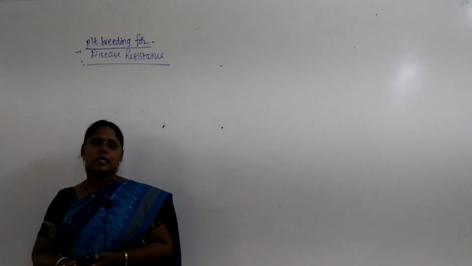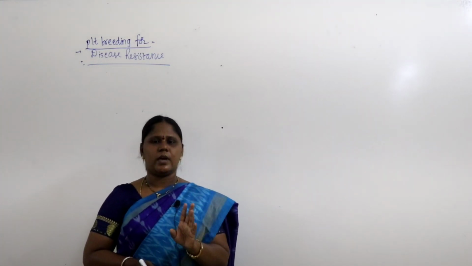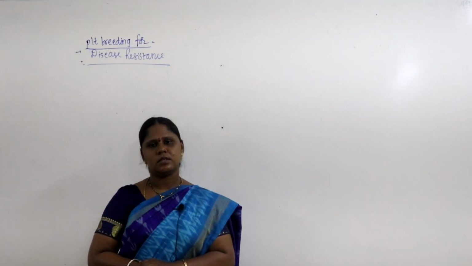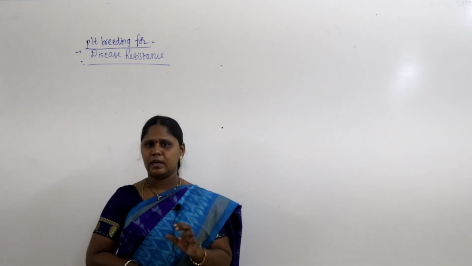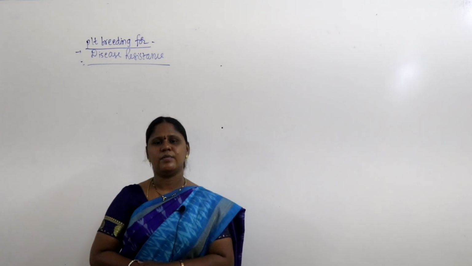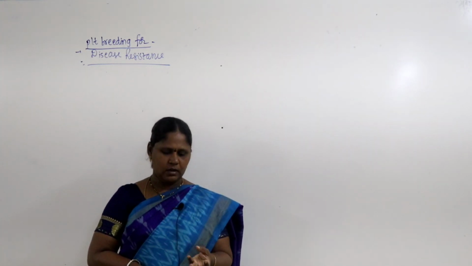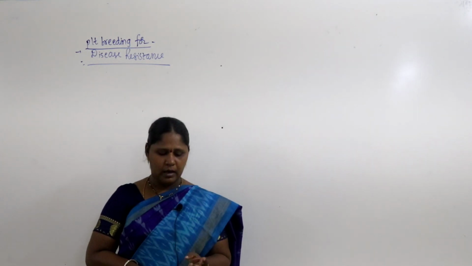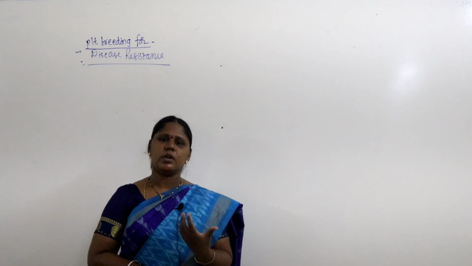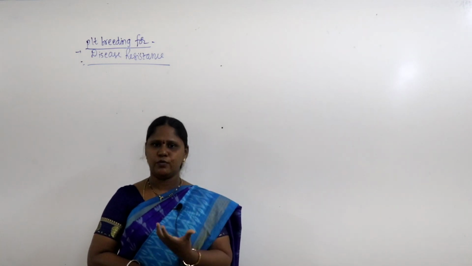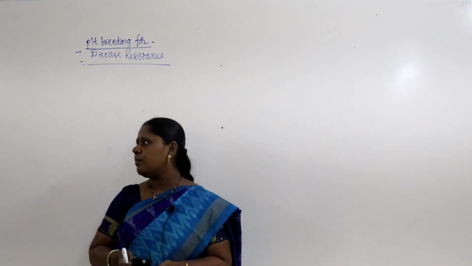Plant breeding for disease resistance. We have taken two characters. In the last class when we discussed plant breeding, we took two desirable characters. What are they? One is high protein content and the second one is disease resistance. High protein content, the composition of the food, we can definitely change by applying different strategies, but to